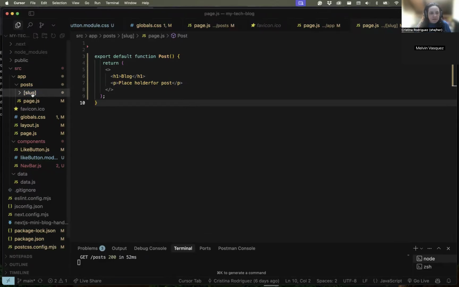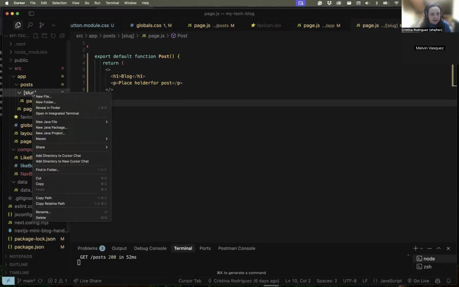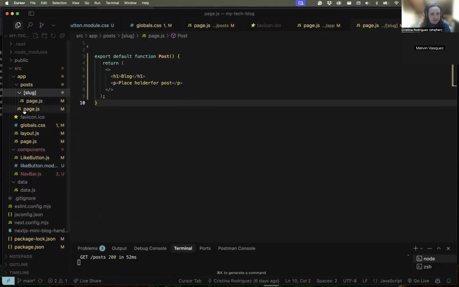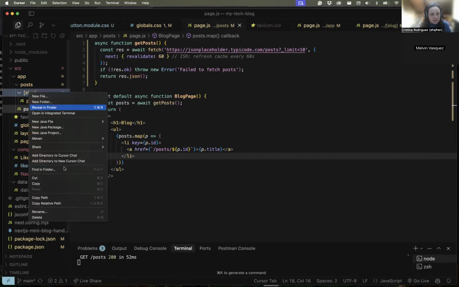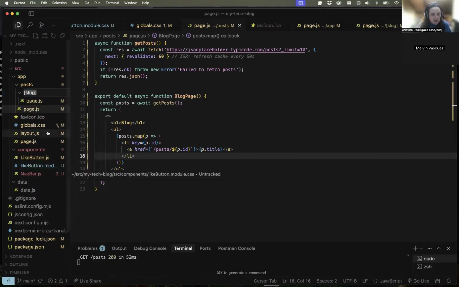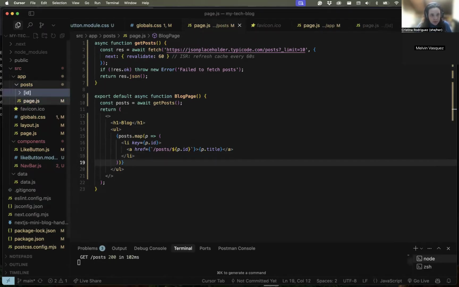well, we will change this from the slug to the ID, because what we are receiving, if you check here, is our IDs. So let's make this consistent and rename it here to ID. And then